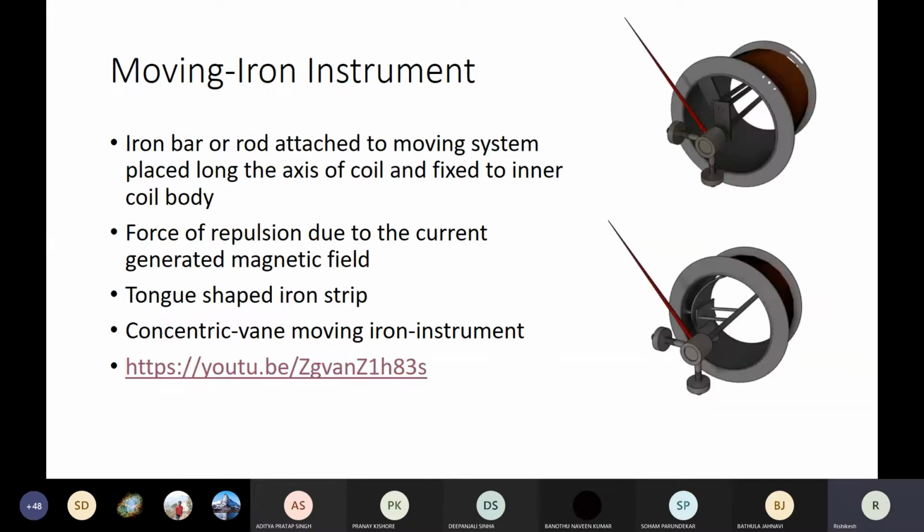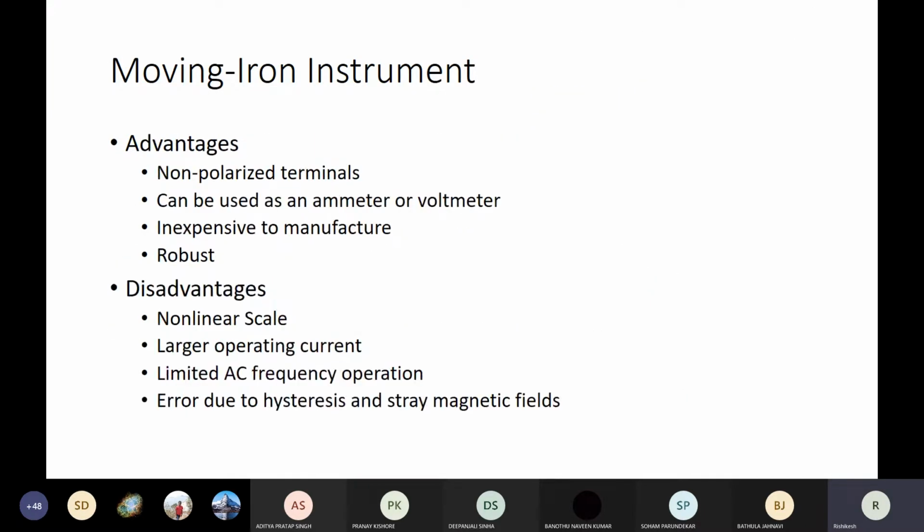So this is how a moving iron type instrument works. Basically, the principle is almost similar to any moving coil type instrument. However, the moving component is different. Previously, it was a coil. In this case, it is an iron strip. Now, what are the advantages? The advantages, as I mentioned, since the deflection is proportional to I square, not I, it is a non-polarized instrument,